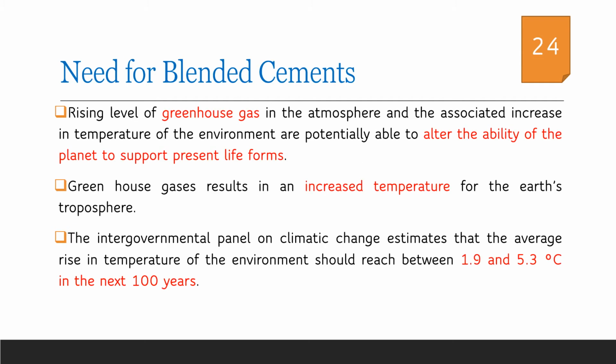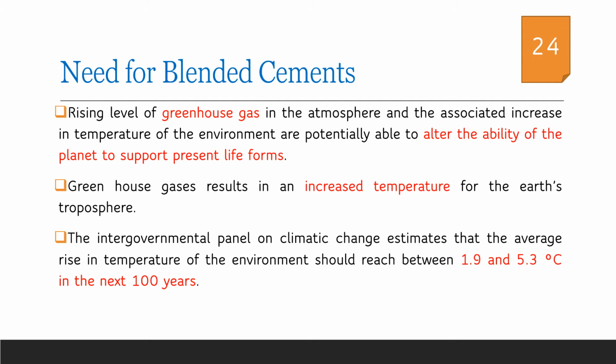Statistics show that 1 ton of cement production releases 1 ton of carbon dioxide to the atmosphere. Also, studies show that 8% of carbon dioxide released to the atmosphere is due to the production of concrete. The greenhouse gases liberated to the atmosphere due to the production of cement have the ability to increase the temperature of the atmosphere, and hence cause global warming.